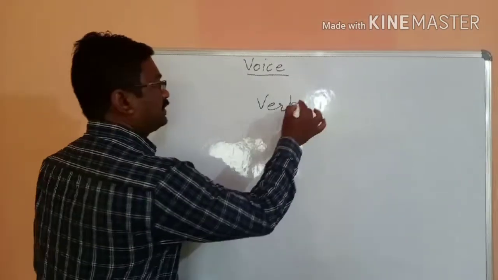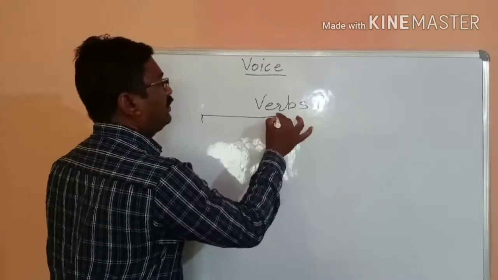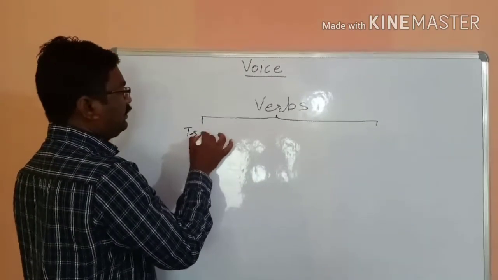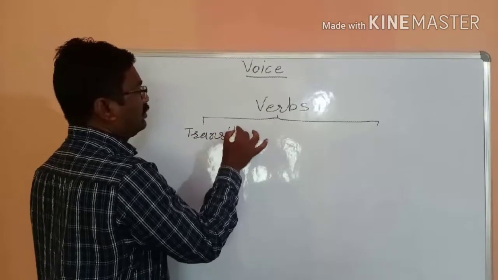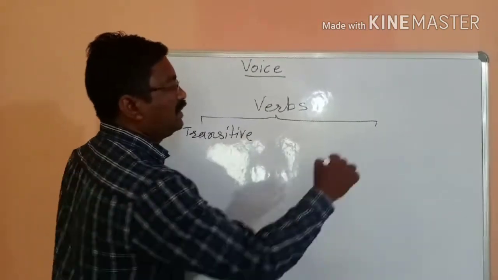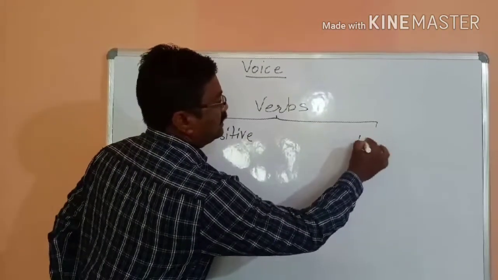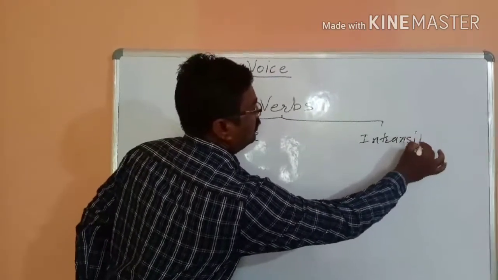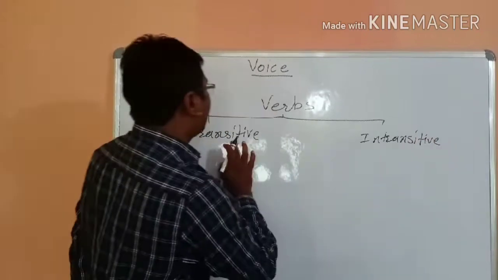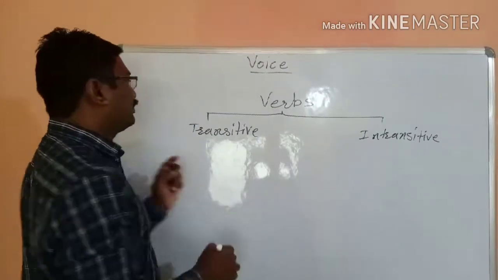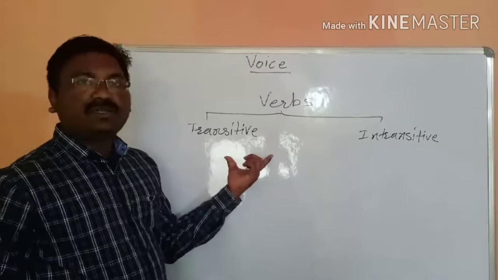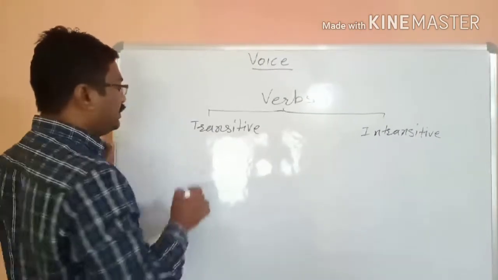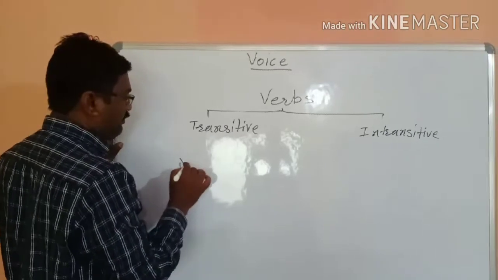Verbs are of two types. First one is transitive verb, whereas another is intransitive. Transitive and intransitive verb. Before telling you what is meant by transitive and intransitive, I will explain it with two examples. First one,